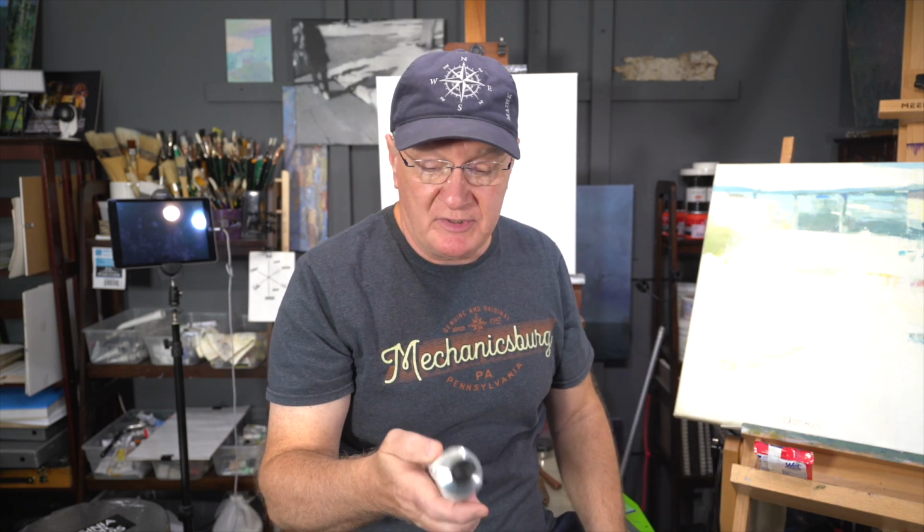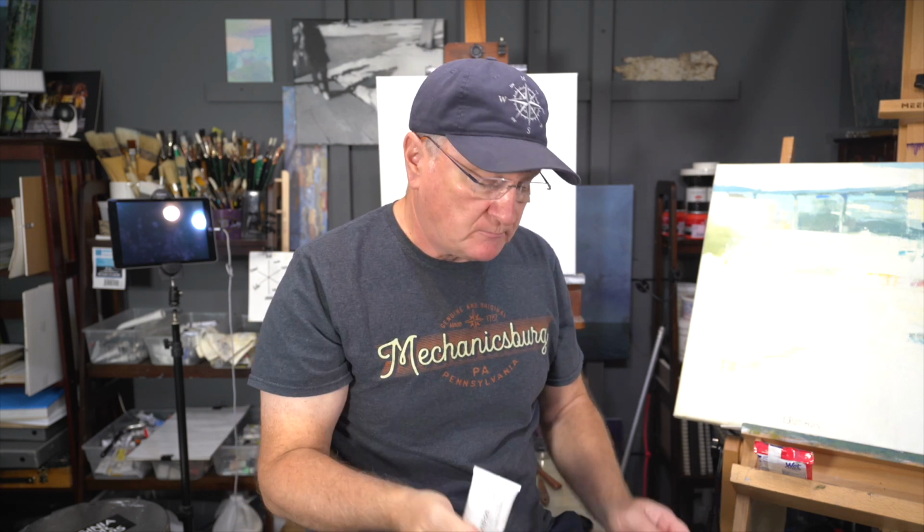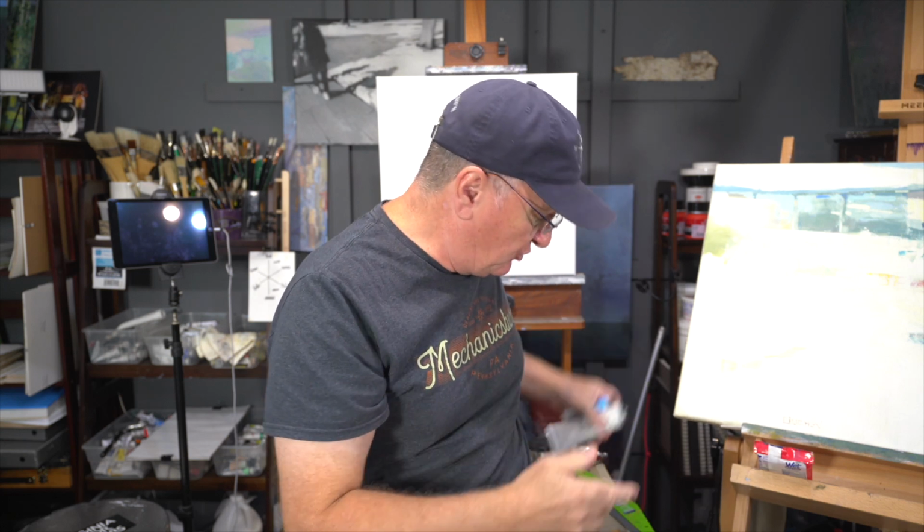So I was using gel. I'm not sure what gel I was using. Probably one of these two, the solvent-free gel or the Gamblin oil painting medium gel. I'm not sure. I just don't remember. But I'm glad I didn't sell this painting and I kept it